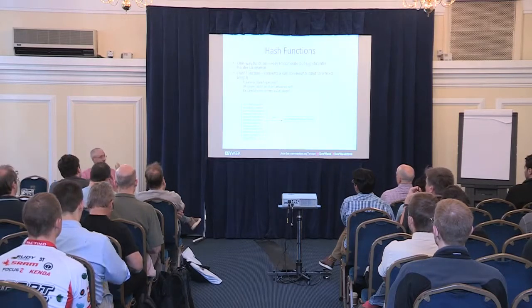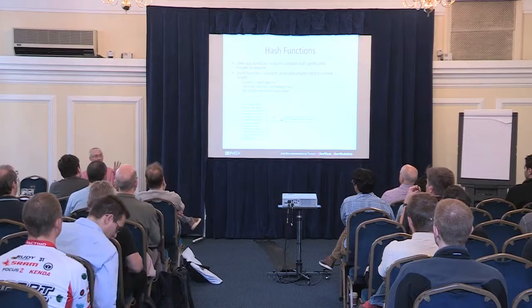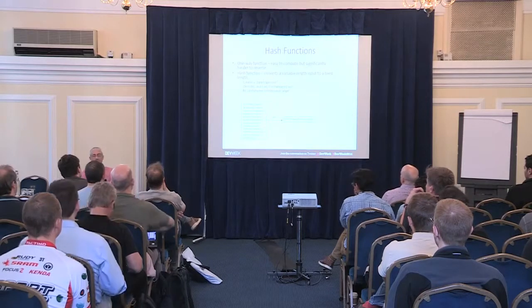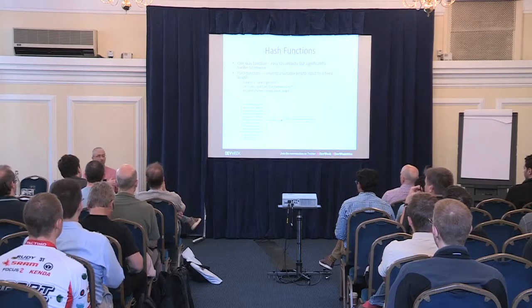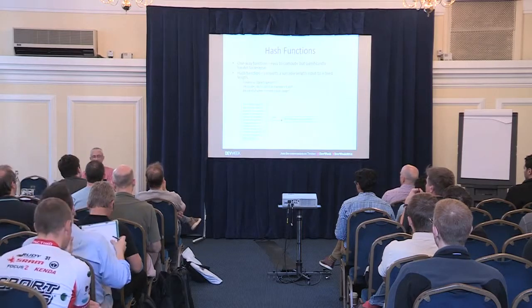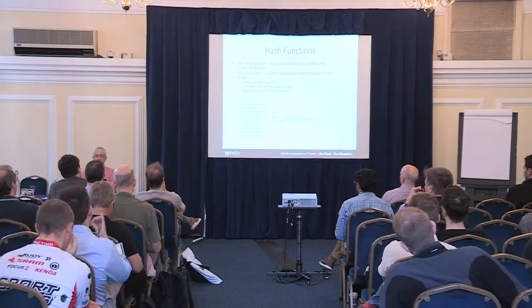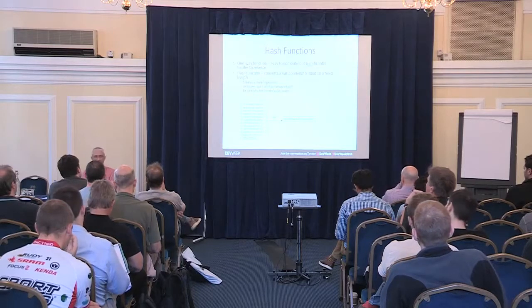I gave an example of some data here on the left-hand side. It's going to take that data, and it's going to compute a hash, and it gives me a fixed-length string on the right side that represents what that data looks like. Okay? I like the term that it's a data fingerprint. So this hash on the right represents the data that's on the left-hand side, but it's a lot smaller